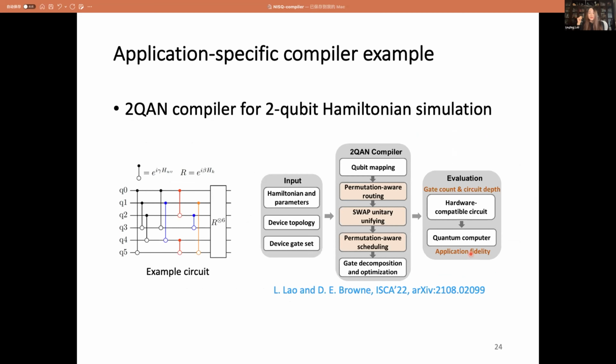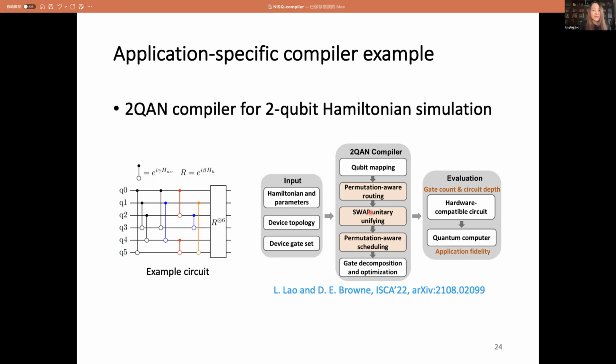And here we will use the Toucan compiler as an example. It is designed for 2-qubit Hamiltonian simulation algorithms. And the left figure shows the example circuit where all the control circles are 2-qubit interactions in the Hamiltonian. And those gates may not be commutable.